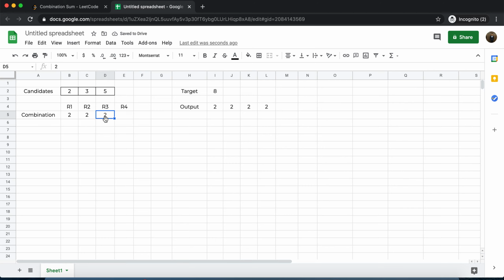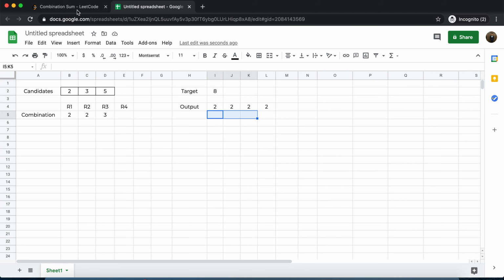We'll go back here. At this location, we tried with 2, so now we'll try with 3 and see if that works. And this equals 7. So we'll go here and try to add 2, which exceeds the target, so we'll not do anything, and so on and so forth. This is how we'll try every combination through these recursive functions. Whichever matches the target, we'll add to the output, and whichever exceeds the target, that recursive function will break the recursion.